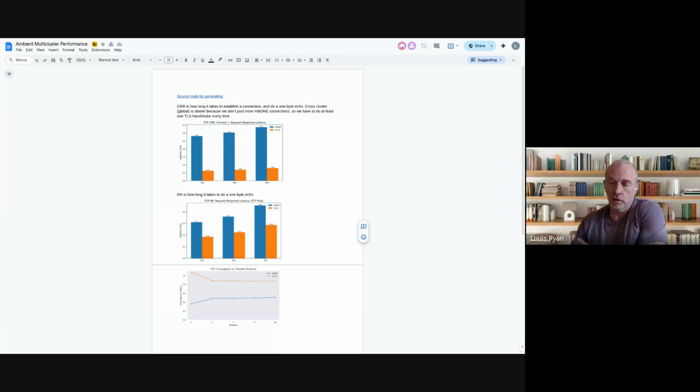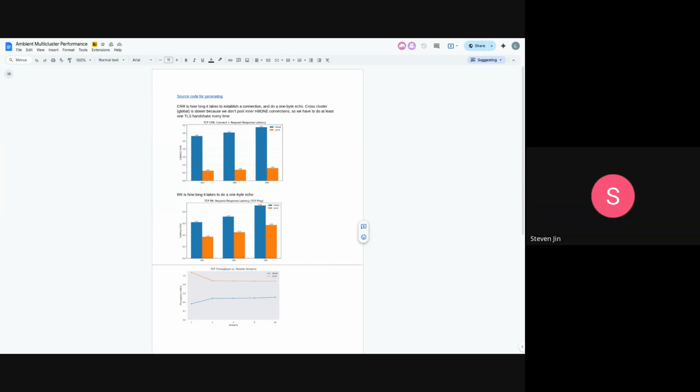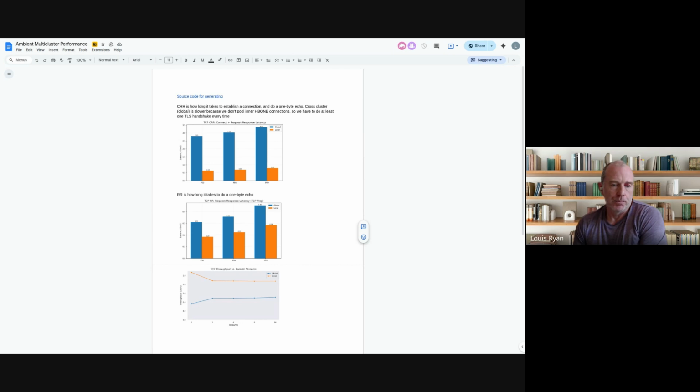It's useful to have another data point, so feel free to just keep using CRR and RR. I assume they do a little bit less work than Fortio does for roughly the same basic behavior. I don't actually know. Is this iPerf 3? NetPerf, actually. iPerf only does 3. Okay. But feel free to ping back in the channel when and if you get results. We'd like to take a look. Nothing seems out of whack here.